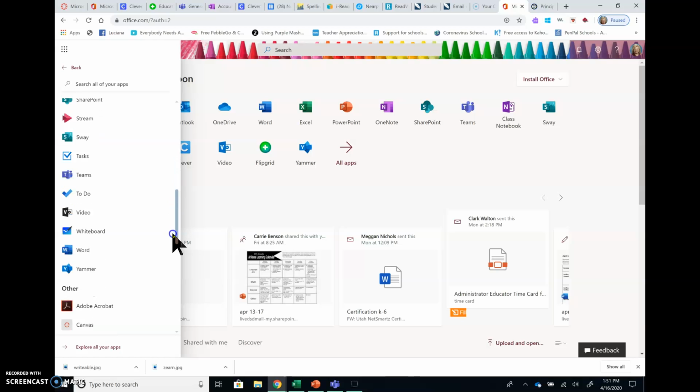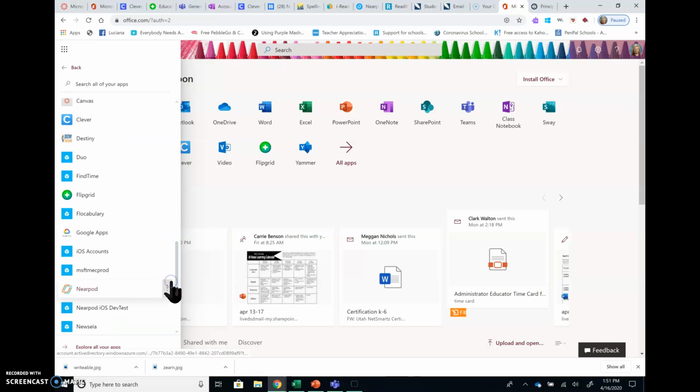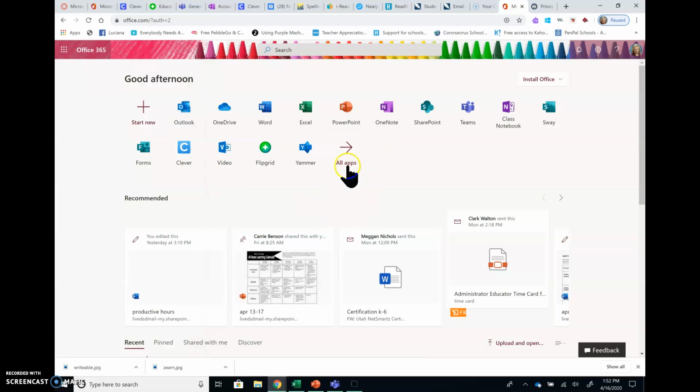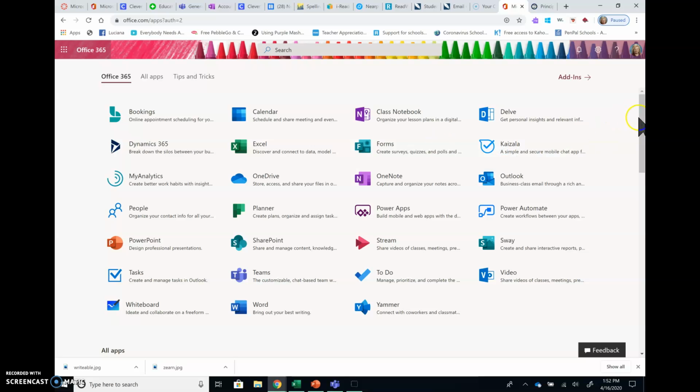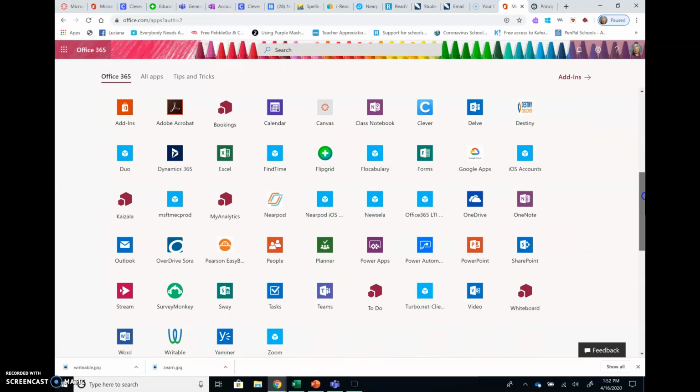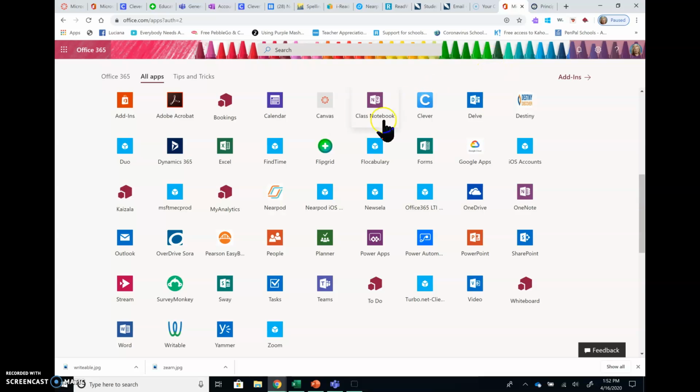When I scroll down all applications, I can see that there indeed is a shortcut to Flipgrid. And because it is connected to my Office 365 account, I don't have to make a new account. I already have one. I could also choose to go over here to all apps. It just happens to be showing up because I have used it recently. So when I choose all apps and scroll down here, again, I can see Flipgrid because it is connected to